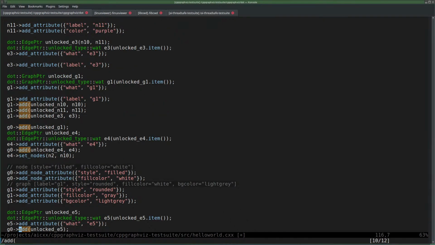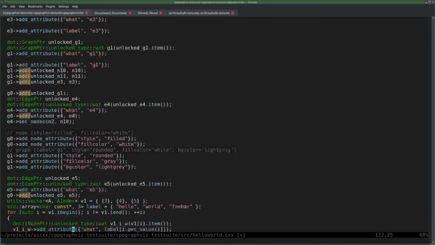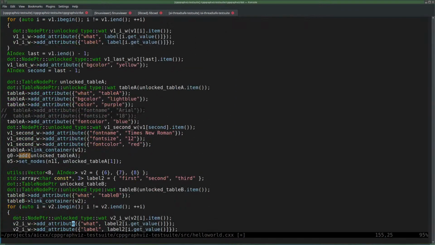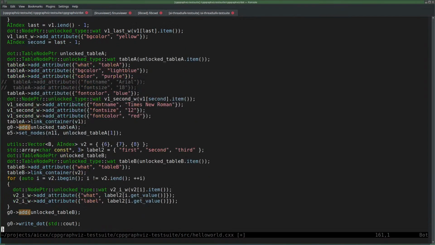E4, E5. An unlocked table, yeah, well, I guess also here, but let's not do that. Let's just do the edges and nodes so far.